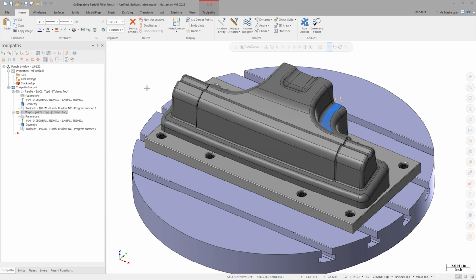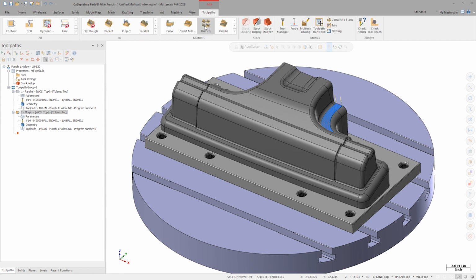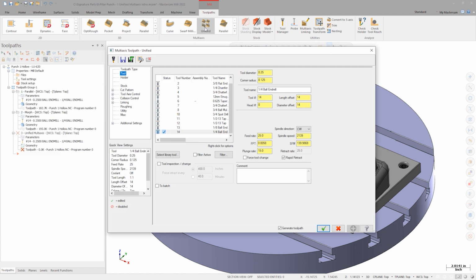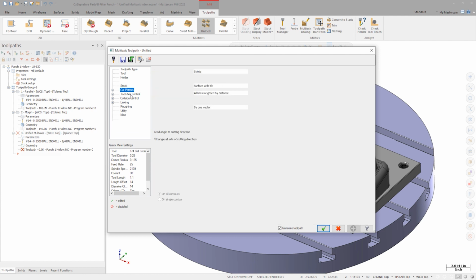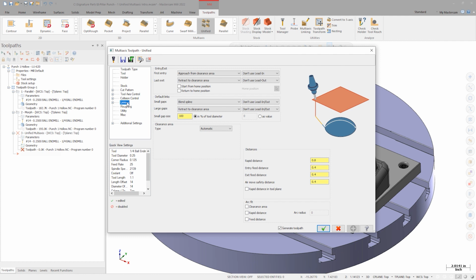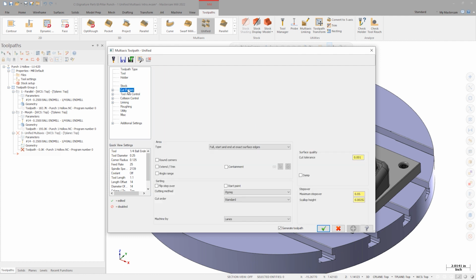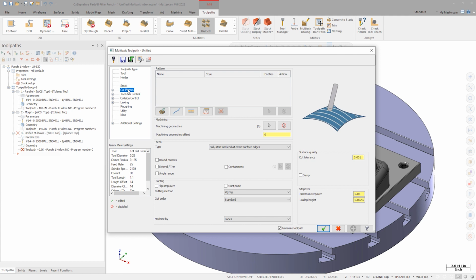Because of its all-encompassing multi-axis functionality, the Unified Toolpath has been given a prime location on the Mastercam ribbon. Let's open the parameters and look around. Upon opening the parameters, we see an interface that is identical to the traditional multi-axis toolpaths that we are already familiar with. The workflow of creating multi-axis toolpaths here remains the same. We first must create a cut pattern, then apply tool axis control, collision control, and linking parameters. Mastercam 2022 has scattered enhancements throughout these areas, but the only changes specifically related to the Unified Toolpath are inside the Cut Pattern tab. The majority of the Cut Pattern tab remains unchanged.